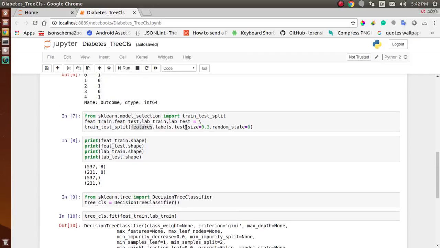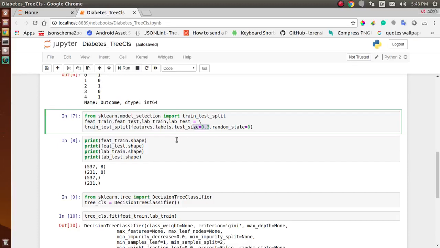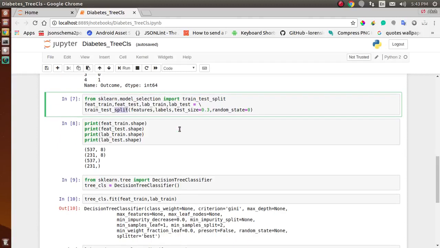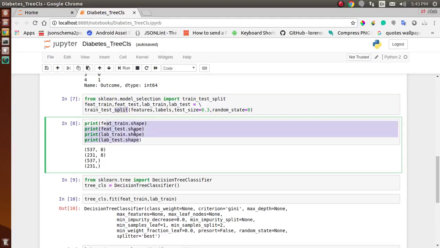And the third one is the test size. It shows that we want 30% of our data to be in test and the remaining 70% in training. So we will train our model on 70% of our data, and then we will test it on 30% of our data. Then we assign a random state to our train test split function. Here I print out the shape of the training and test data, so that we have info on the shape of our training and testing data.